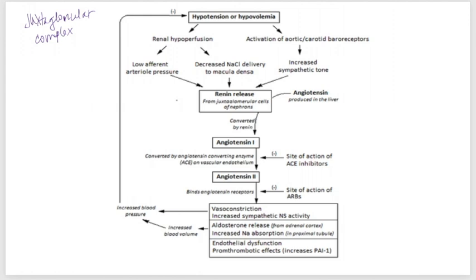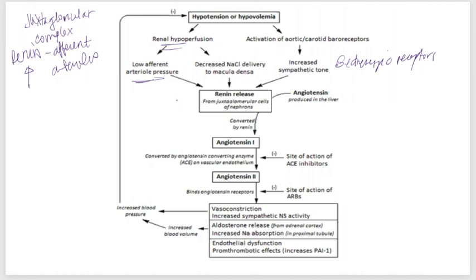So renin is formed and stored in those afferent arterioles, and then this is triggered by a decrease in blood pressure. So we have renal hypoperfusion, low afferent arterial pressure, and then we're going to get renin release. Other ways that it would be impacted is by decreased sodium chloride in the macula densa, and then increased sympathetic stimulation or tone. So that would be those beta adrenergic receptors, also in the juxtaglomerular cells, and then